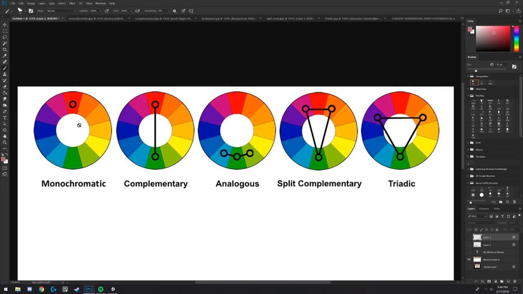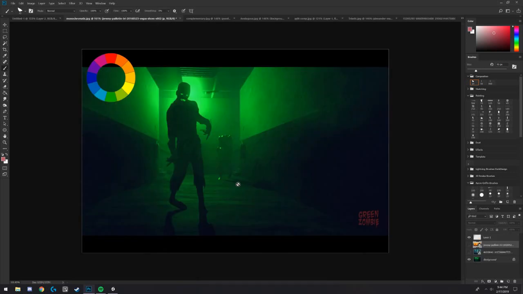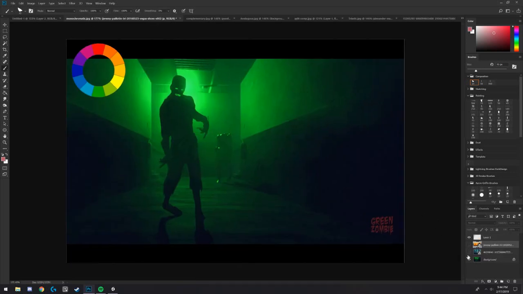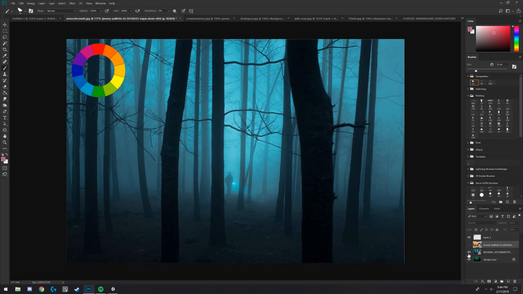So monochromatic is basically a color scheme that is mono, one dominant color, and it doesn't mean you can't break rules with any of these, but for the most part monochromatic looks something a bit like this. You have one dominant color. It's pretty straightforward. It's probably what I think you should try doing first to kind of get your feet wet